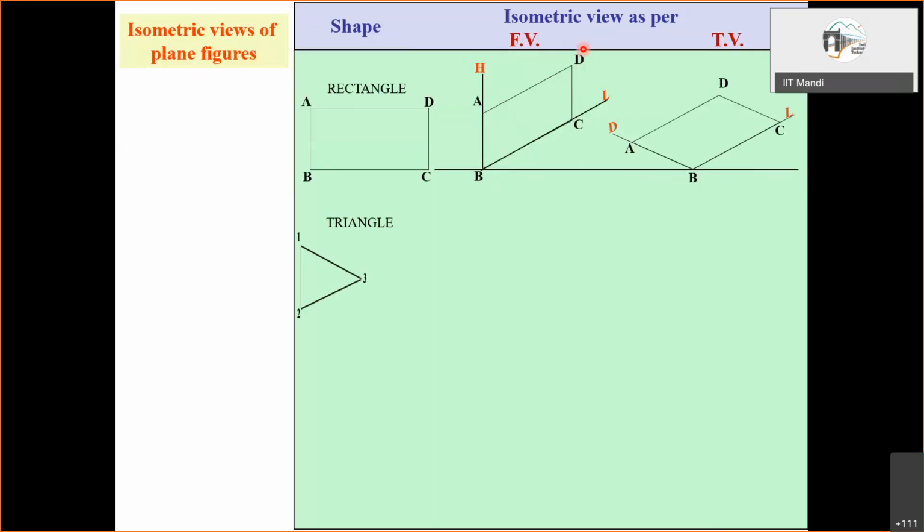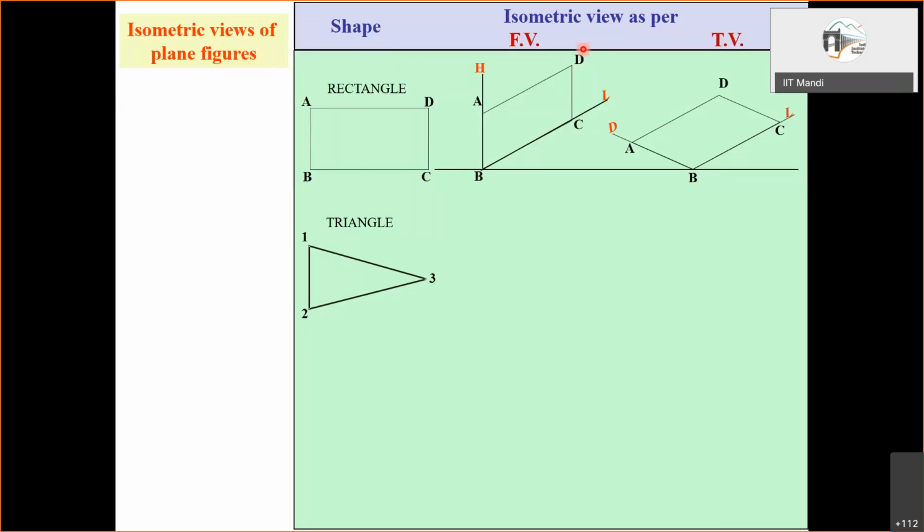Next, let us have a case of triangle. Now with the triangle, what is the problem? If one of these sides, 1-2, 1-3 or 2-3, is kept along one of the isometric axes or parallel to one of the isometric axes, then we'll be able to measure the exact dimension along that. But if it is inclined, then the faces of the cube, if you recall, are inclined. We know that its boundary edges have identical dimensions, but for any other inclined edge, we won't be able to measure exactly what it will be.